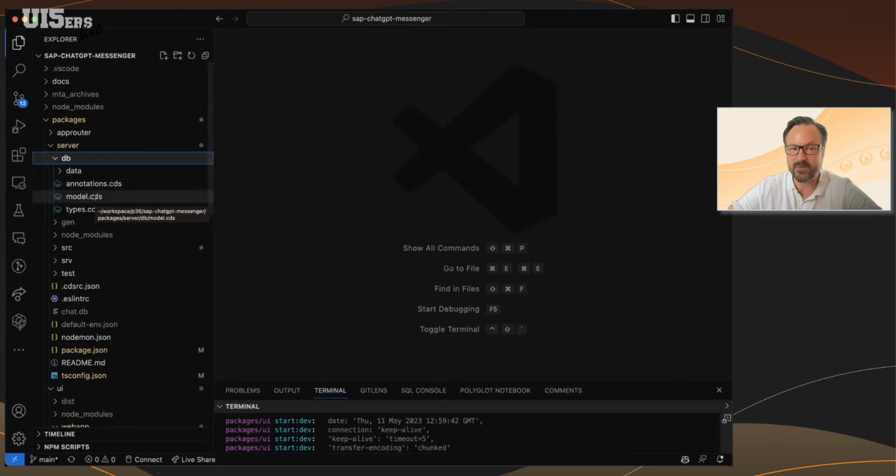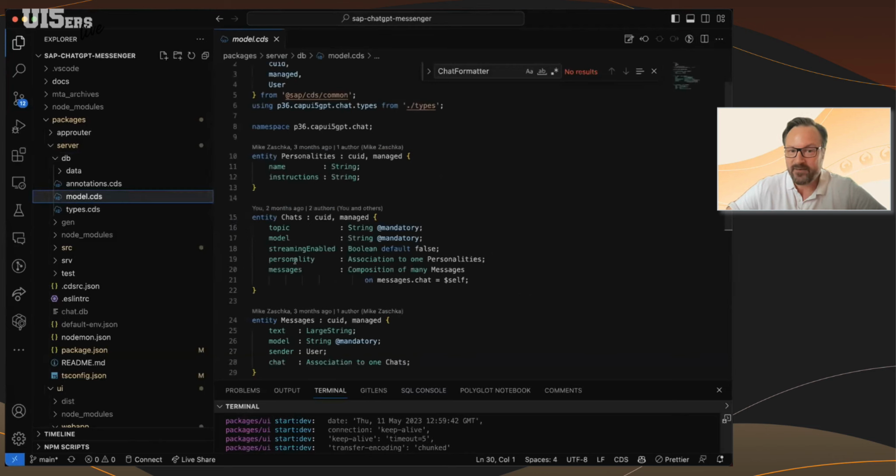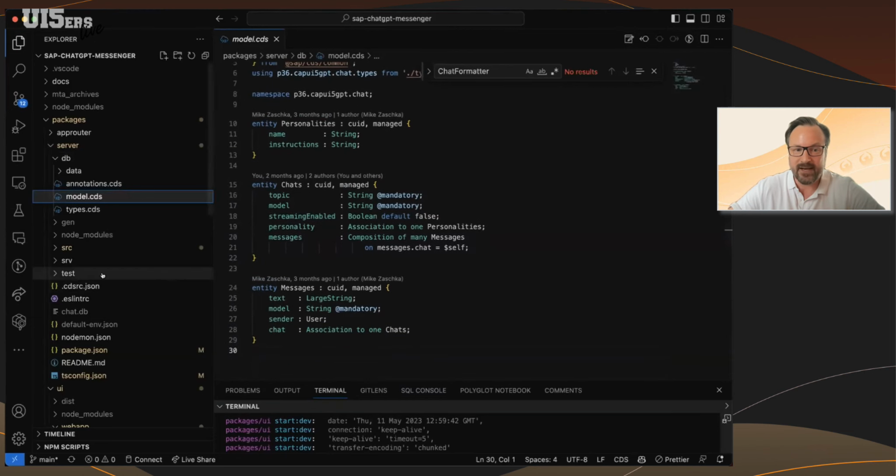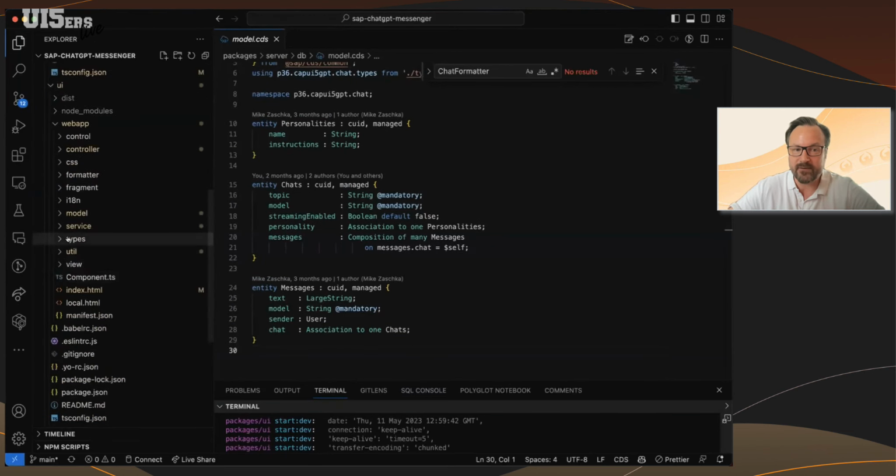It's called CDS to types. It's not by me; it was created by some other guy who did a very good job. What I want to show you is that I have this CDS data model where I store the chats and the messages in my backend, and I reuse these typings in the front end.